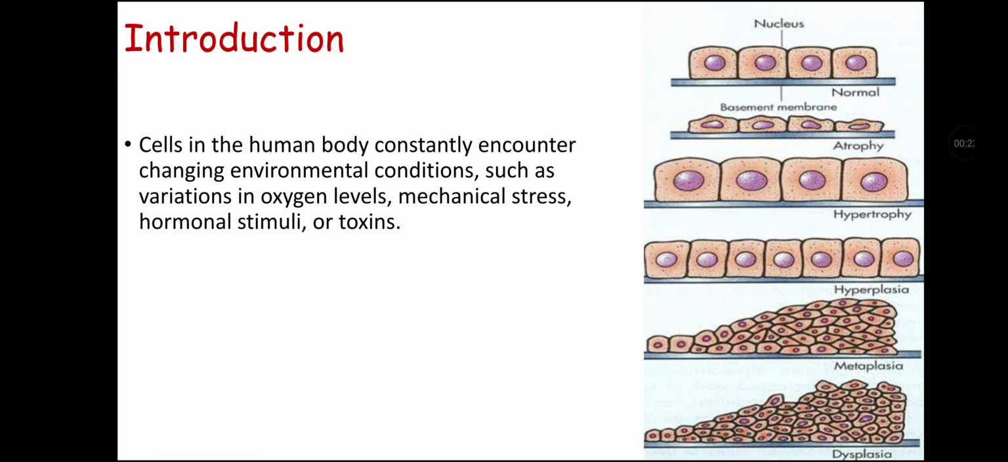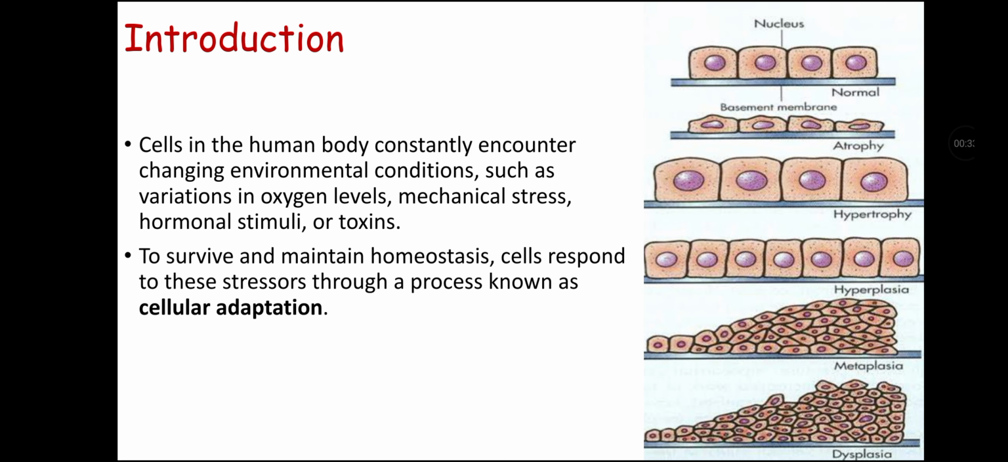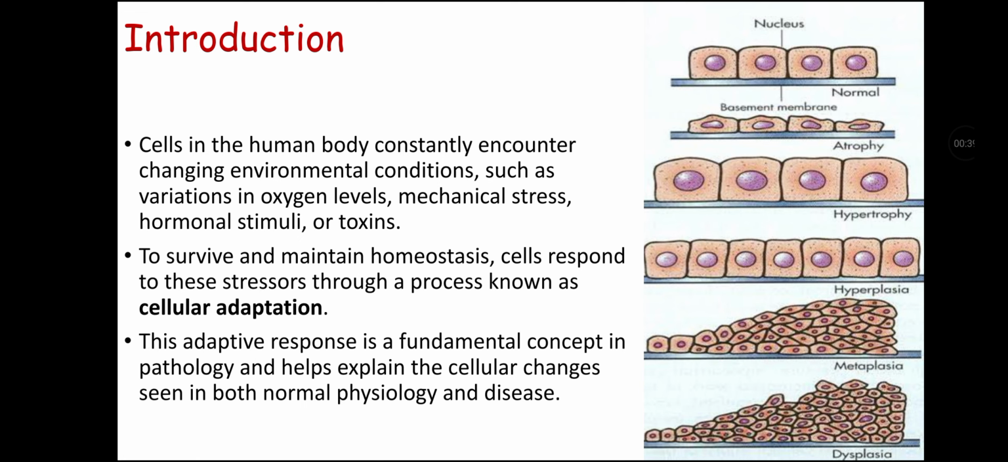Cells in the human body constantly encounter changing environmental conditions such as variations in oxygen level, mechanical stress, hormonal stimuli, or toxins. To survive and maintain homeostasis, cells respond to these stressors through a process known as cellular adaptation. This adaptive response is a fundamental concept in pathology and helps explain the cellular changes seen in both normal physiology